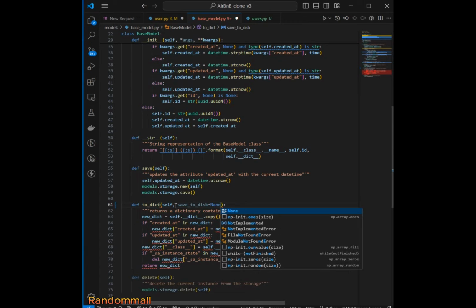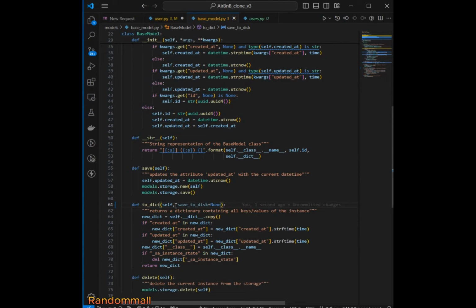We have a default value of None, so before we return the dictionary version of the object,